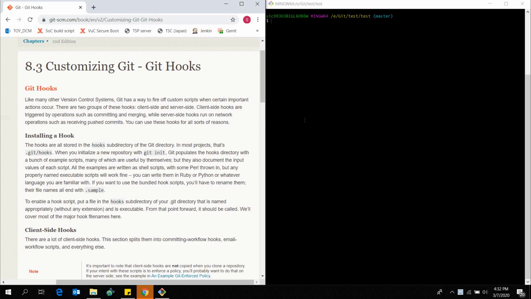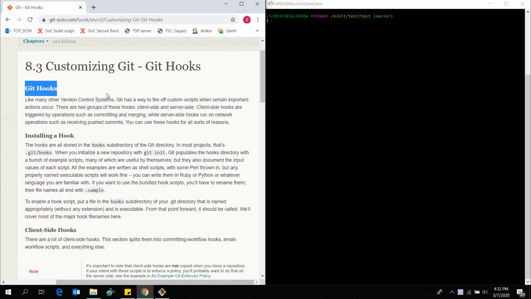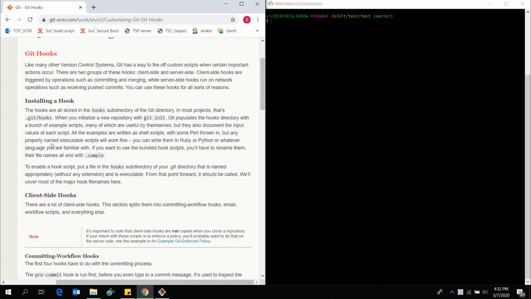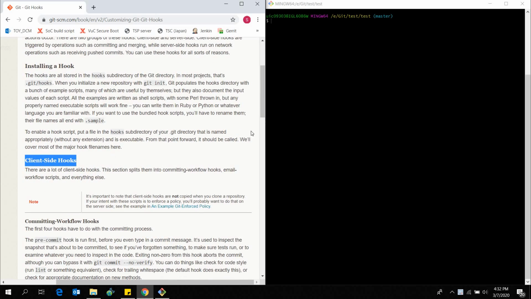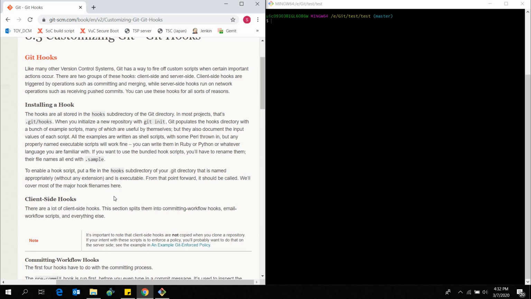So in this tutorial, I'm going to talk about Git Hooks. On the Git website, there's documentation about Git Hooks. You can go and read about it to have a better understanding of what Git Hooks are all about. Git Hooks can be separated into two types: one is a client-side hook, and the other one is a server-side hook. The purpose of a Git Hook is that it allows you to run some shell script before you perform